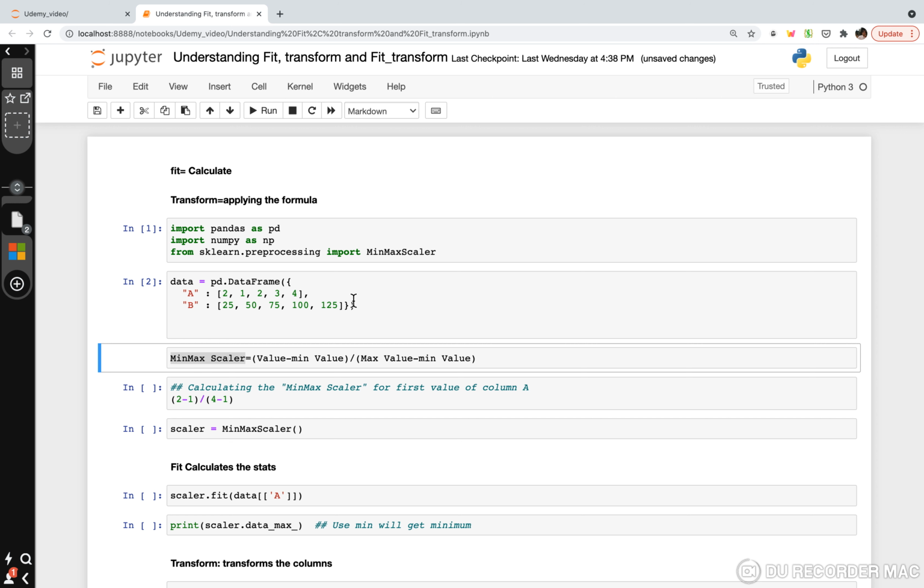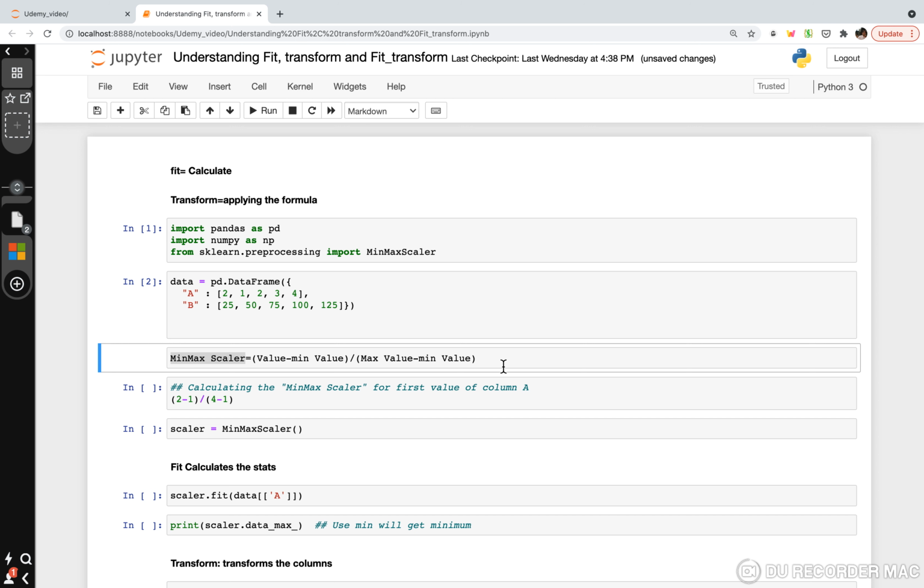What MinMaxScaler does is it scales your variable. It can be used if your data is not normal. There are other kinds of scaling techniques also, which we will see in a later lecture. MinMaxScaler is one of the techniques; there are others like normal scaling and standardization, etc.